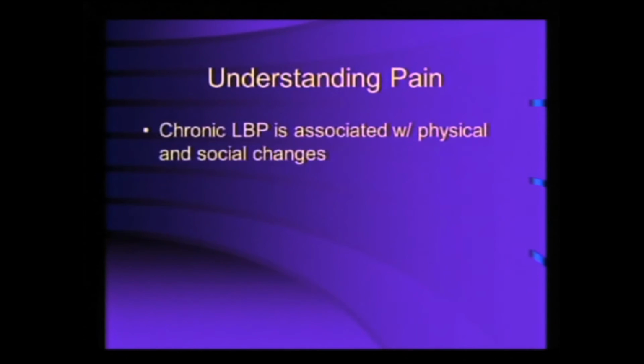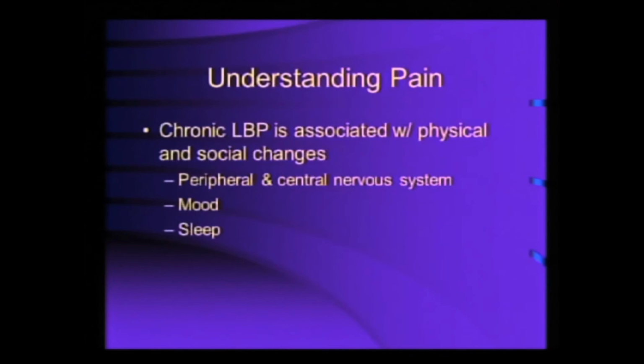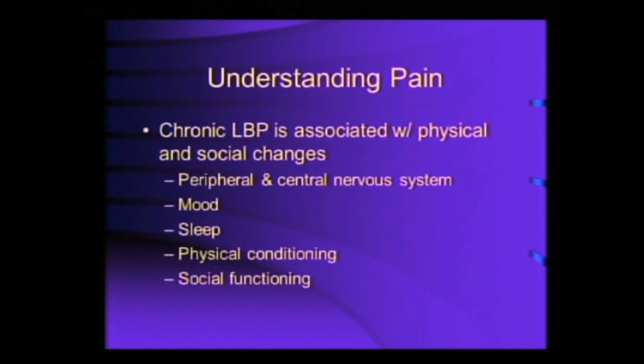But the problems start to come. And frankly, I think about what we do to our patients with chronic low back pain. Also know that people with chronic low back pain have lots of other problems. Things happen. This is the experience of pain. So there are distinct changes in the peripheral and central nervous system. This is not just a disease of the low back. You know that there are distinct changes in mood. You know for sure that there are problems with physical conditioning and a lot of problems with social roles. What happens to people who have pain, become disabled, they can't do what they want to do, think they should.